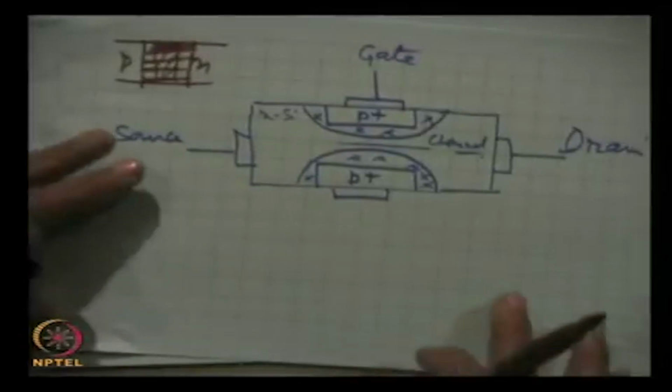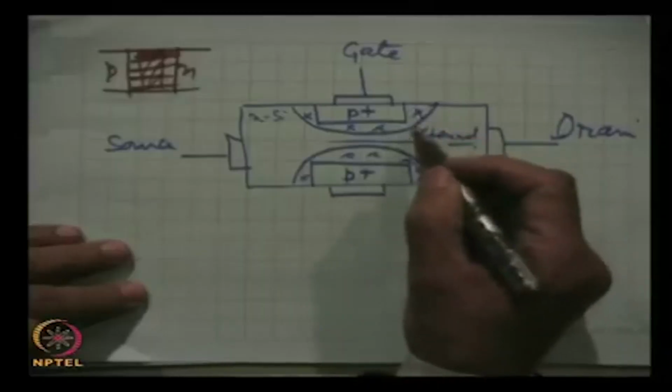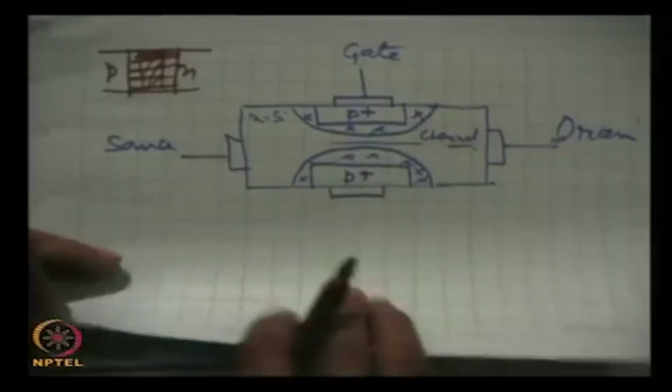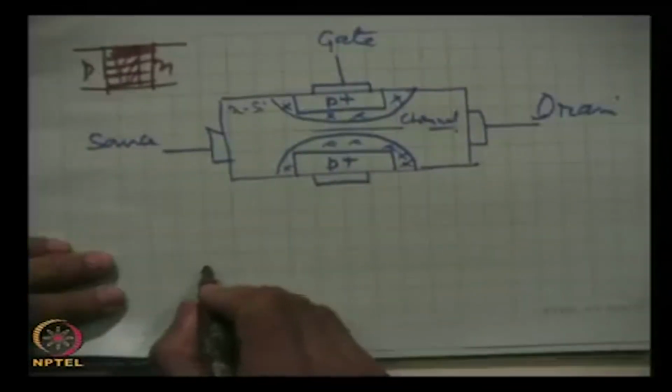To make my point very clear, this is very essential, what I am going to say is how the shape of the depletion region changes. It is oblique, it is a different shape, and what happens is that,